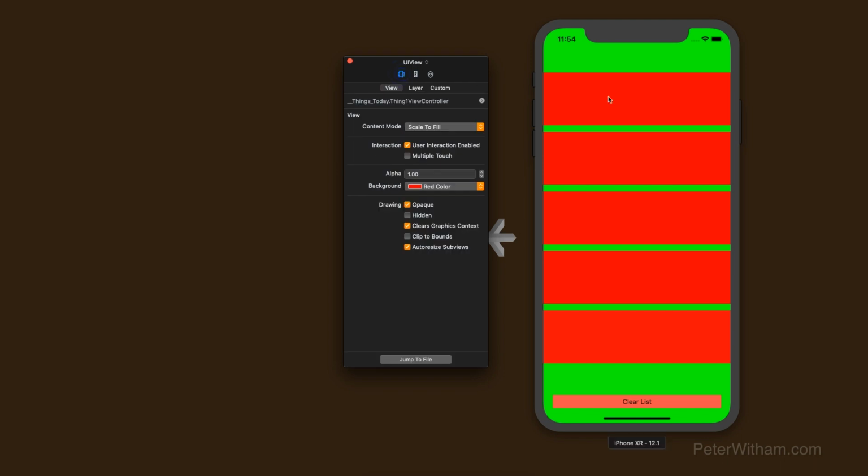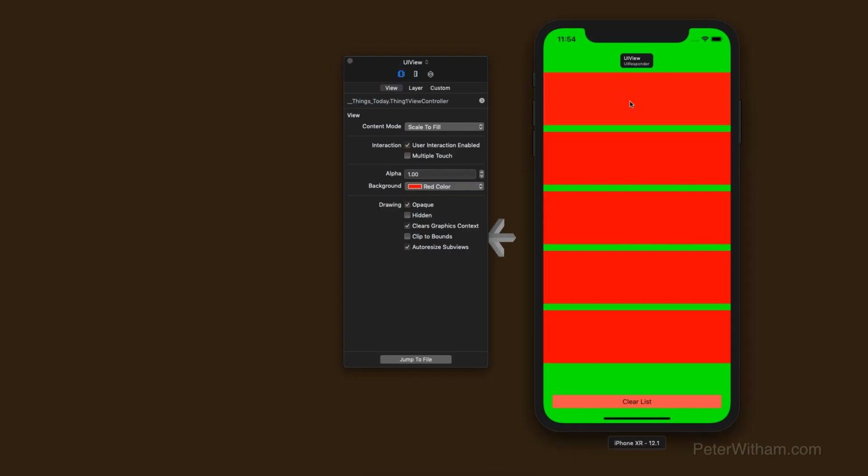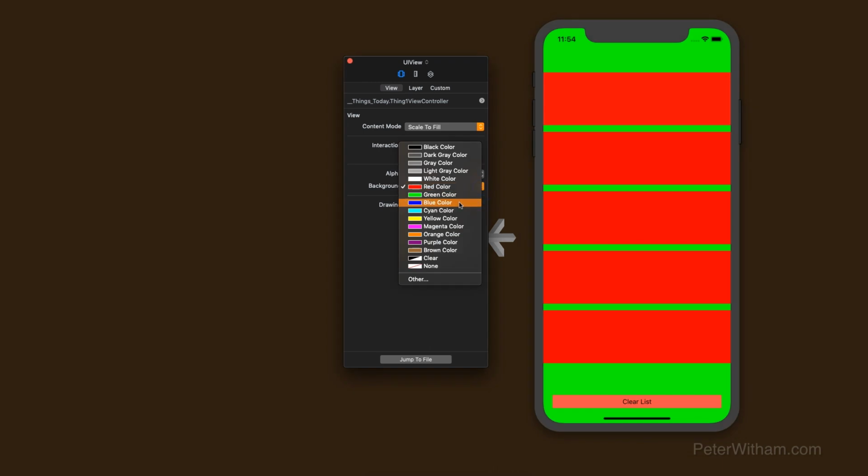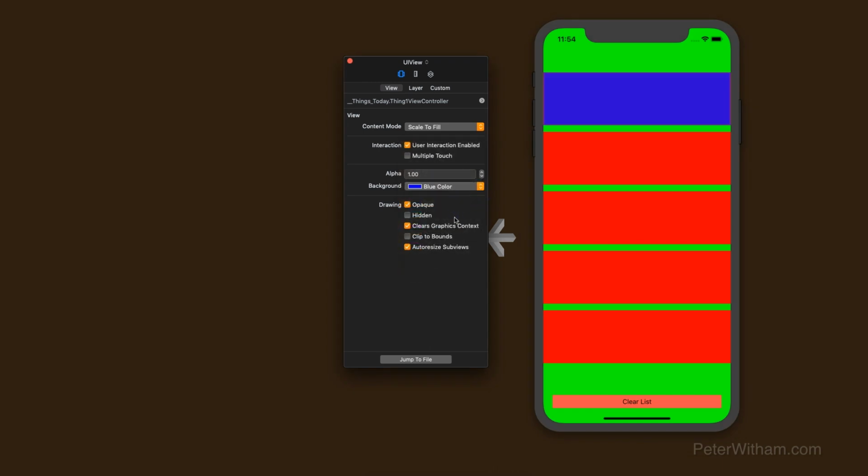Now if I go back over here, I'm going to select the first one. Again, notice you can edit some of the settings. So if I want to just change the background color like this, I can just go in and change it there, and this is great. I like to use just these really contrasting solid colors when I'm setting up my constraints and my views so that I can see the actual layout. I'm not too concerned about the content that I'm going to put in there at this time. I just want to make sure that these subviews are constrained and laying out the way I want them to. Okay,